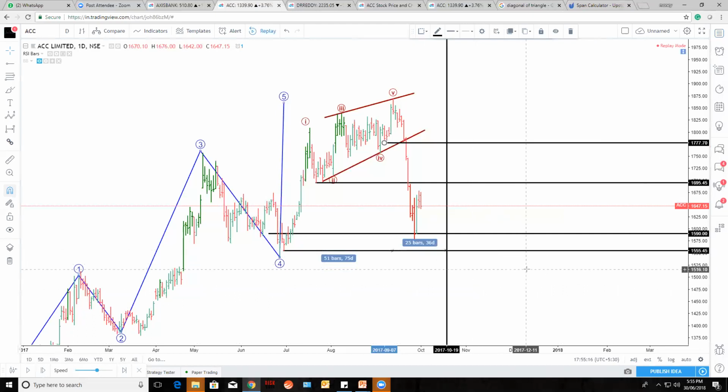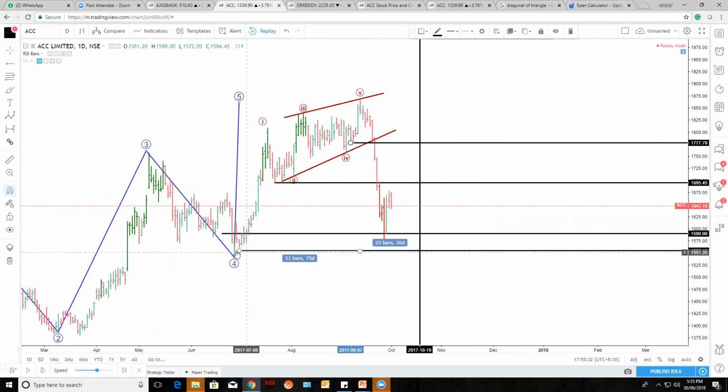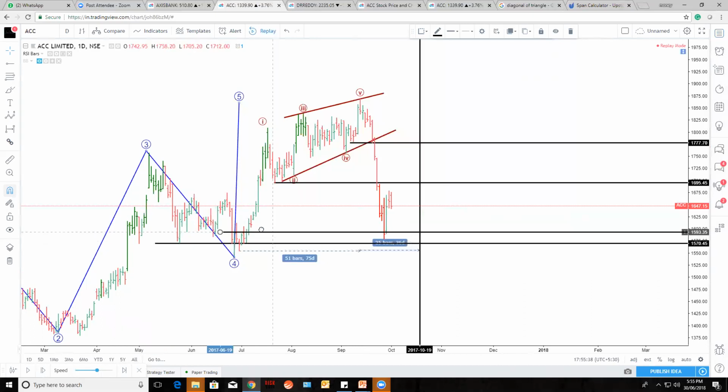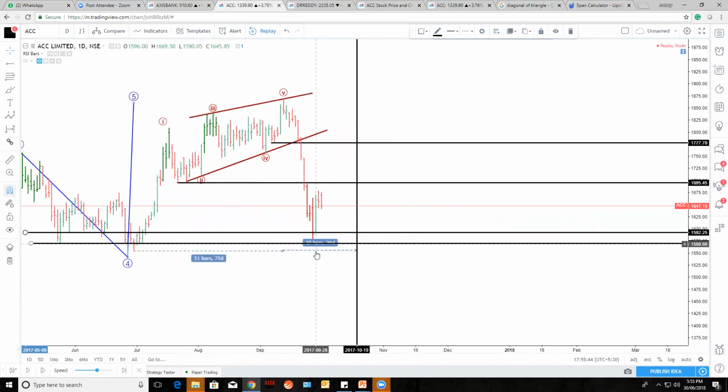So how will we determine the target that it is 170 points? From this low, this is 1777. Okay. The target is, whenever there is a consolidation, you need to avoid that small consolidation phase. Let's say this is a consolidation phase. So I am avoiding this small portion. Sometimes it will reverse from there.